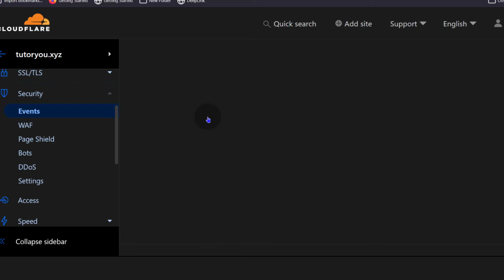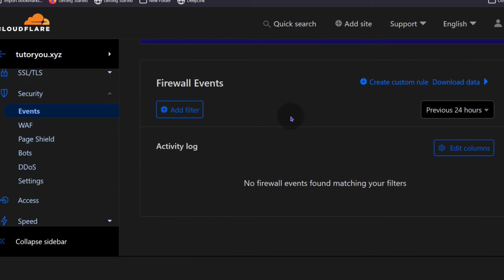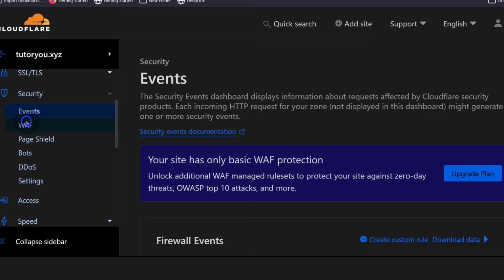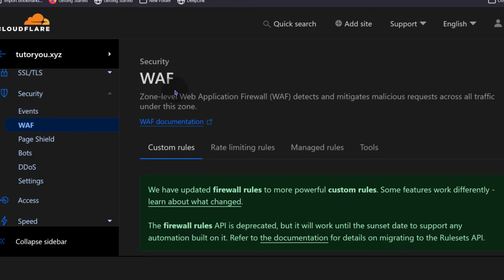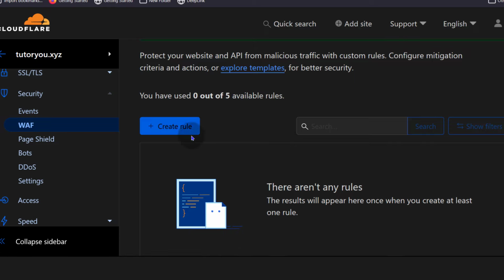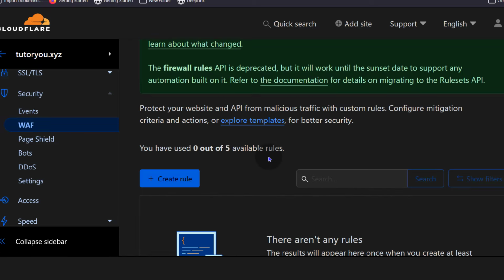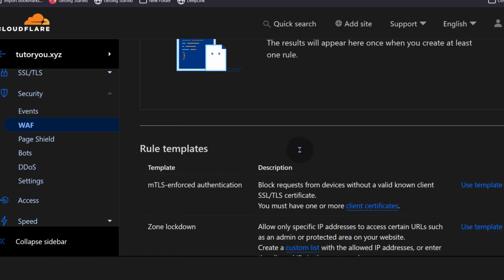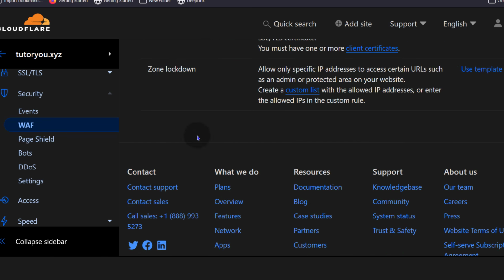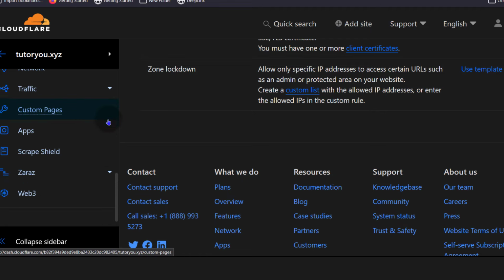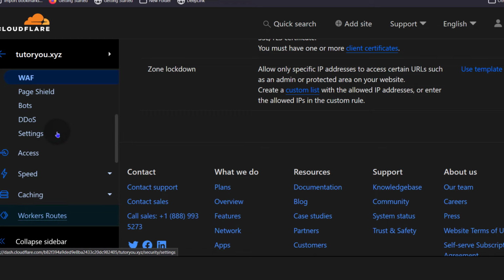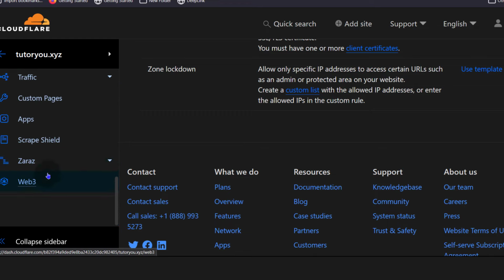Let's look at security and see what options are being provided here. So you can click on WAF to enable the Cloudflare WAF, Web Application Firewall. You can create a rule to prevent certain things from being accessible on your website. So there are lots of tutorials for this. Cloudflare is a pretty huge platform. There are lots of different options here. The best you can do for yourself is learn one thing at a time. If you want to use anything, just look at the documentation, look at YouTube tutorials. You're definitely going to find a tutorial about all these different features. So that should cover the Cloudflare DNS tutorial.